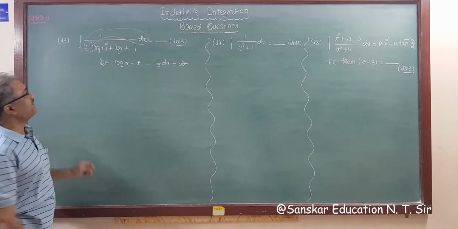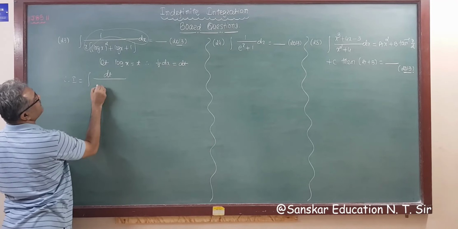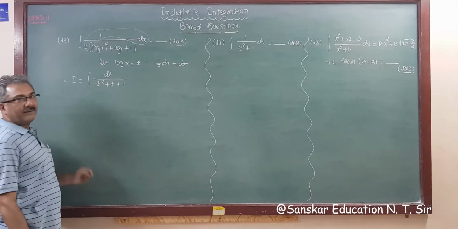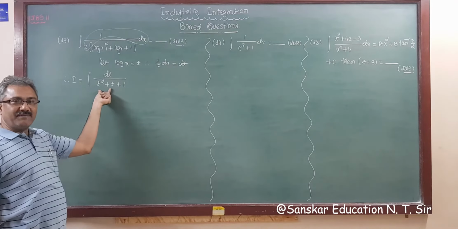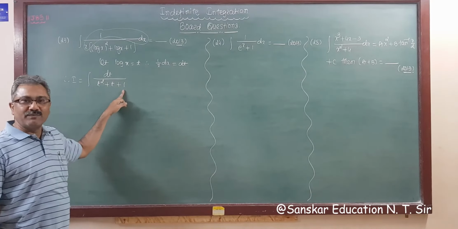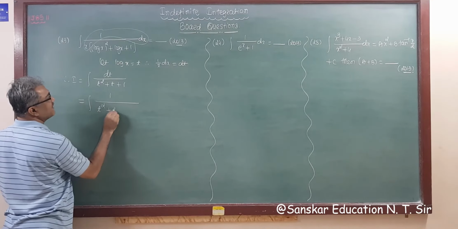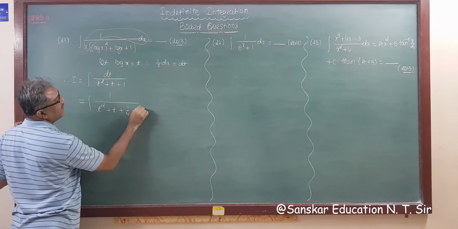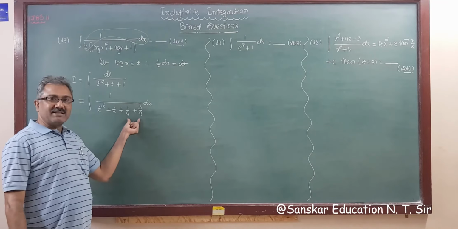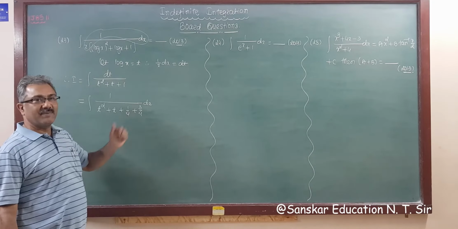This thing is dt. So I will be integration dt upon t square plus t plus 1, right? Now this is not a perfect square, so to make a perfect square, we have to find the last term, and you know in this type of question the last term is always 1 upon 4. So this is integration 1 upon t square plus t plus 1 upon 4 plus 3 by 4. You know 1 minus 1 upon 4 is 3 by 4, and remember this: for splitting out 1, the last term is 1 upon 4, then you have to write 1 upon 4 plus 3 by 4, right?